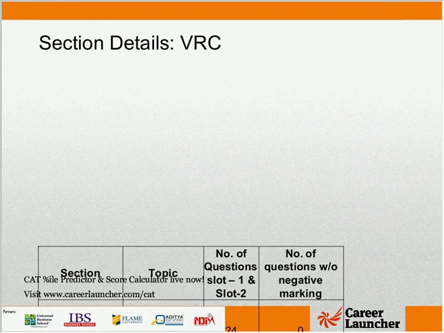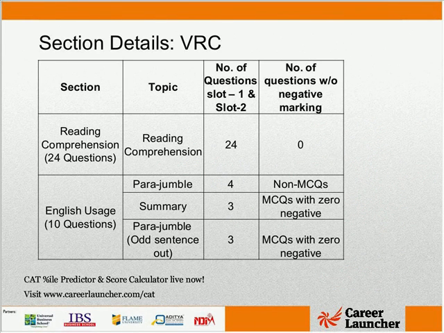So quickly going through the sections, I am sure this was not a problem. Most of you would have attempted about 18 to 21, 3 to 4 sets of data, 3 to 4 RC passages. I'm sure some of you have done also all 5 passages. The problem in reading comprehension always is that the choices are closed, and while you confidently mark an answer, it is only later you come to know that there is an incorrect answer which you have marked. But the good thing about RC was they were easy to read passages. Almost everything was easy to read.